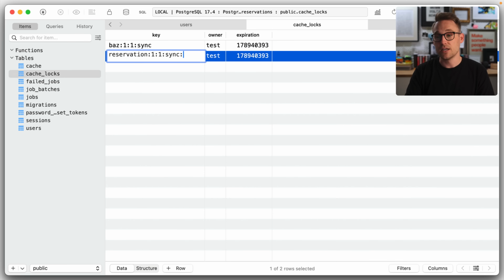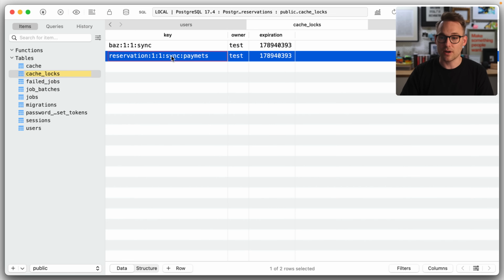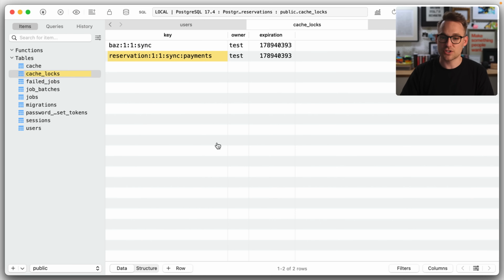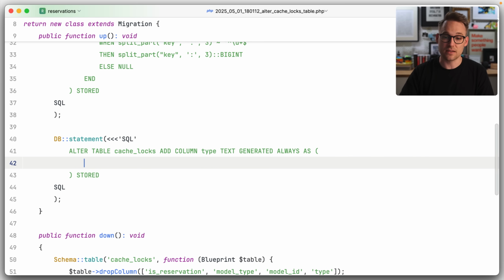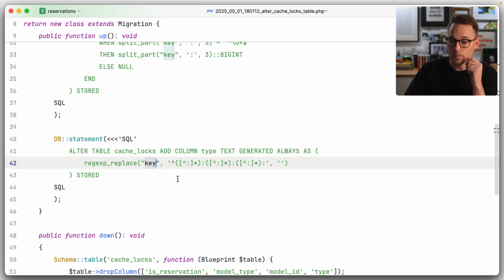So if we did, say, sync payments, then it's just going to take that fourth part and it's not going to get that whole key that I misspelled, sync payments. So we need to correct this just a little bit. And so instead of using the split part, we are going to use this regex, which again is a little bit gnarly. So we're going to replace on the key,